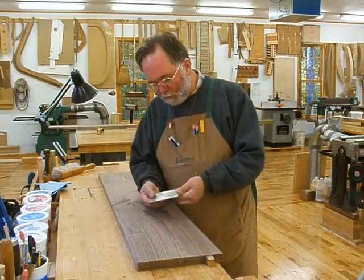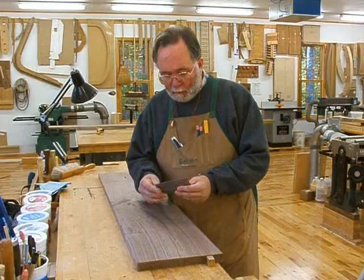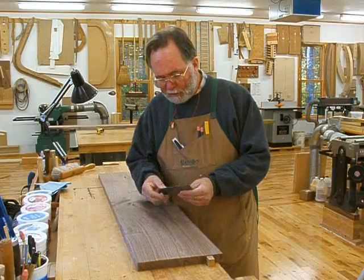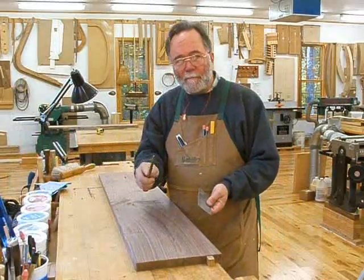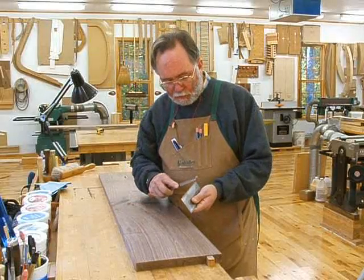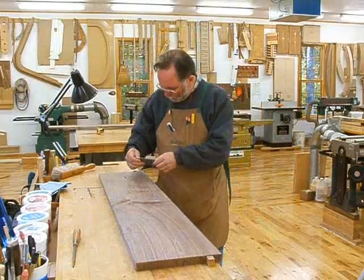A card scraper is simply, in my case, a rectangular piece of steel where the edge has been ground nice and smooth on a lapping stone, and then it's been rolled over. The edge has been rolled over using a burnisher, which is just a piece of steel, in this case triangular. Sometimes they're round or oval shaped. And you just roll over the edge, make a little bit of a burr,